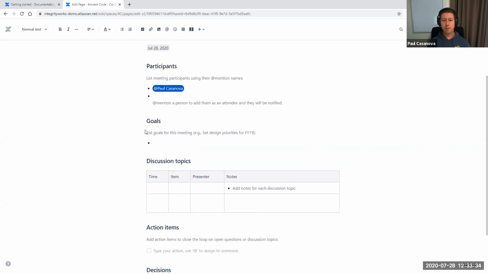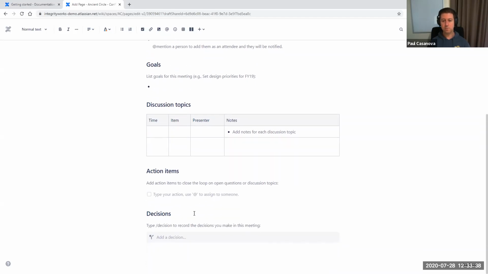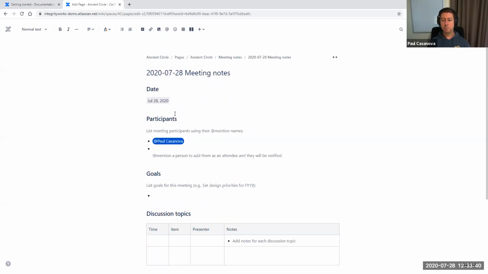Under this meeting notes template, there's other sections here. You can define goals for the meeting, discussion topics, action items, decisions. These are really good, and they serve as the agenda and the meeting minutes as well, all in one place. And if we publish this,